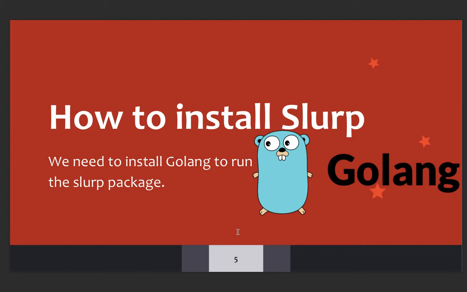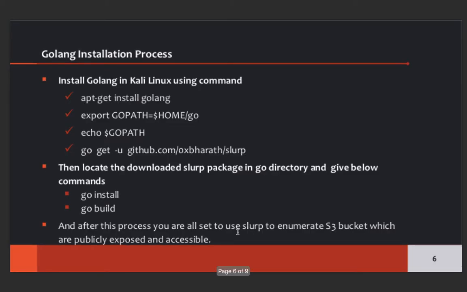I would highly request you to go through some details about the Go language platform, which is provided by Google itself. You can do some search and research about it on the internet. The question is, guys, how to install Go.